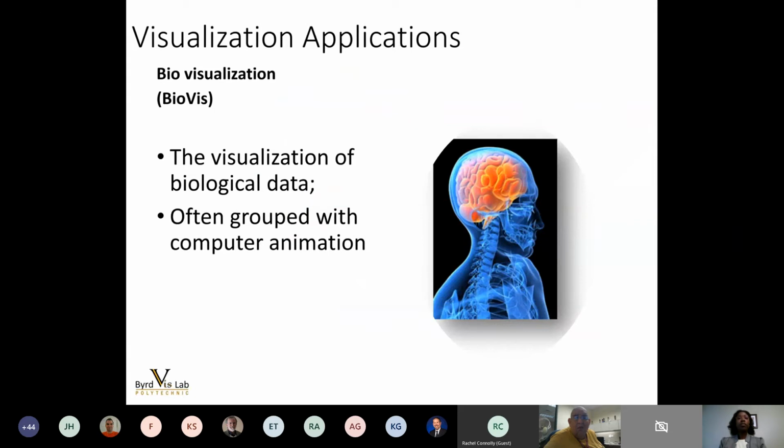So there are different visualization applications. No matter what area you're in, there is some type of visualization group or area that focuses on that type of data. You may recall at the beginning of this session, I talked about there being different disciplines, different areas. The data dictates the type of tool that you will use. If you're looking at biological data, then it's often grouped with computer animation, and in fact, it is often seen in gaming. So if anyone is interested in gaming,